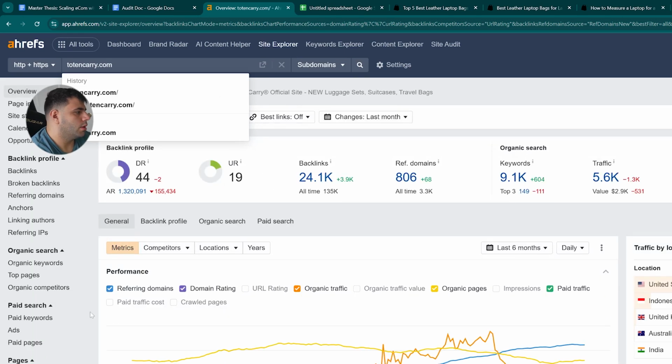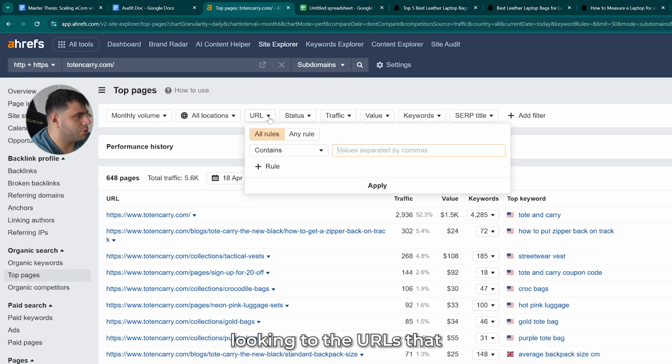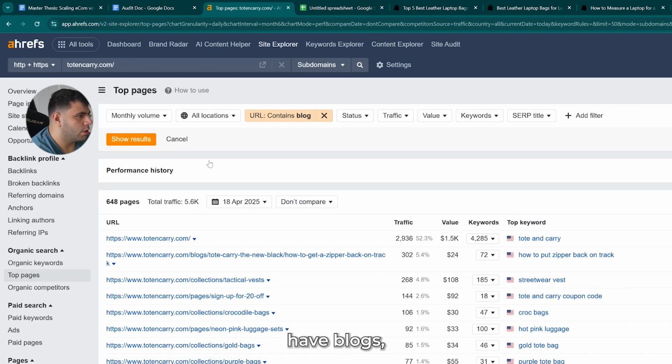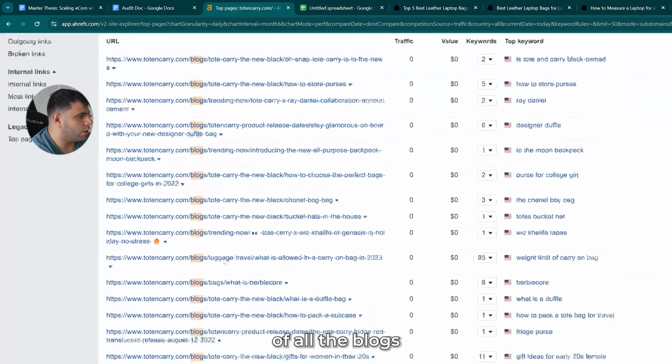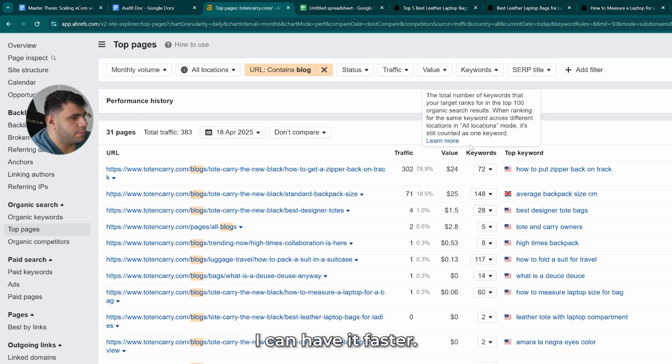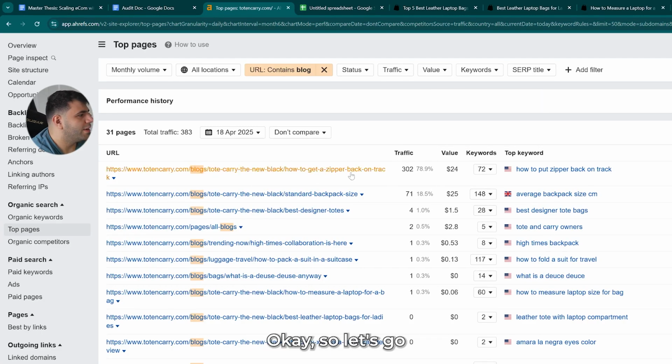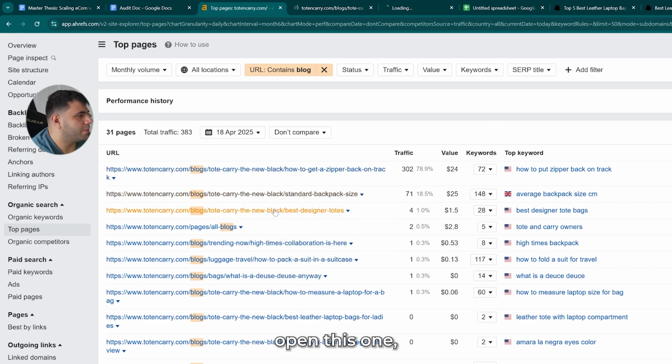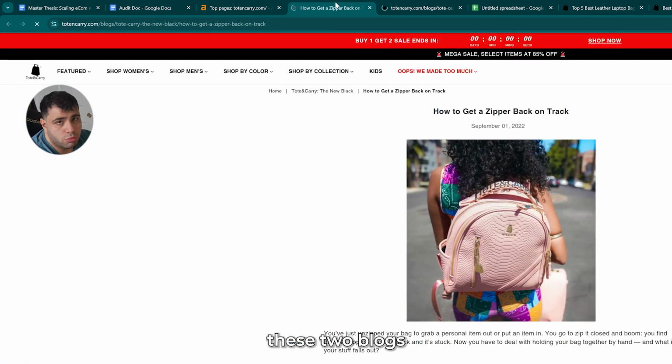Very good. I would go again, top pages, look into the URLs that have blogs. So it will give me a list of all the blogs that I have. I can do the same thing on the spreadsheet, but here I can have it faster. Okay, so let's open these ones and analyze these two blogs and figure